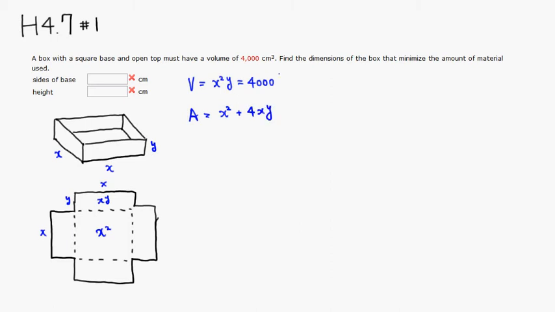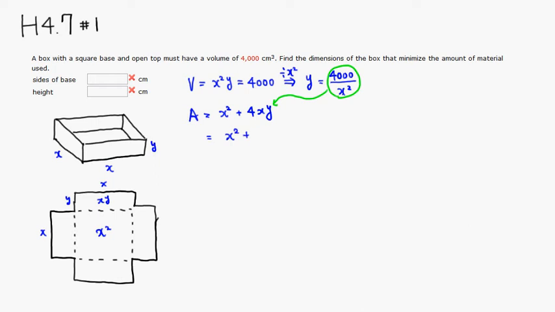But we don't want to deal with 2 variables, so I'm going to use the first equation and solve for y. I'm going to divide through by x squared. We get y is equal to 4,000 over x squared. Right? Then we're going to plug this right in here. So the area function is just x squared plus